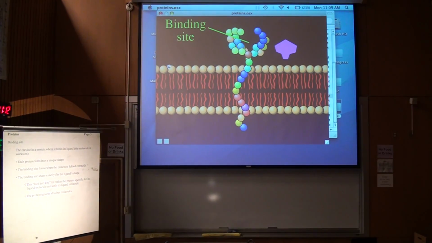a little while ago I mentioned that the sequence of amino acids is what gives each protein its function. The sequence of amino acids determines exactly the shape of the protein when folded. And so the sequence of amino acids determines the shape of the binding site, and then the shape of the binding site determines what molecule the protein is going to be able to bind to. If the protein is folded correctly, the binding site therefore forms correctly. The binding site will be the exact shape of the molecule that the protein is supposed to bind to, the exact shape of the ligand. And you sometimes hear an analogy of locking